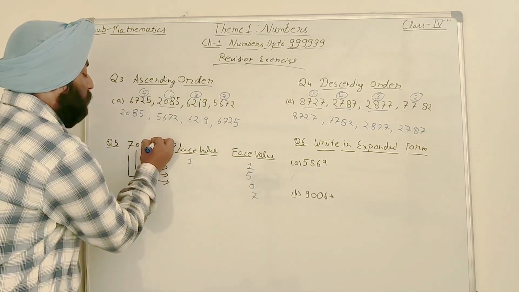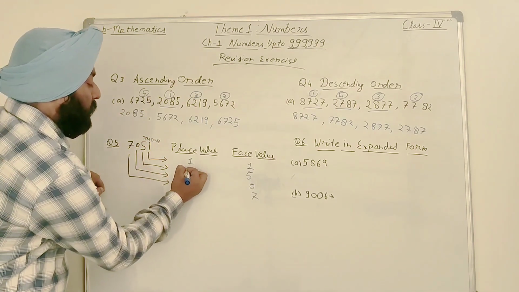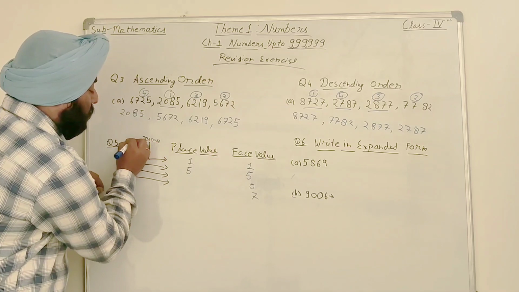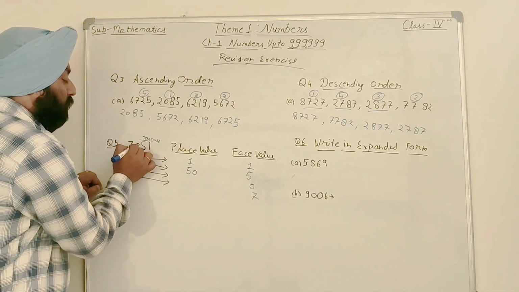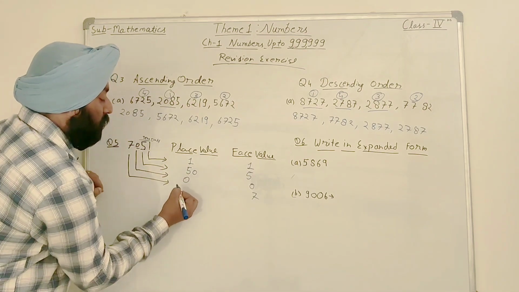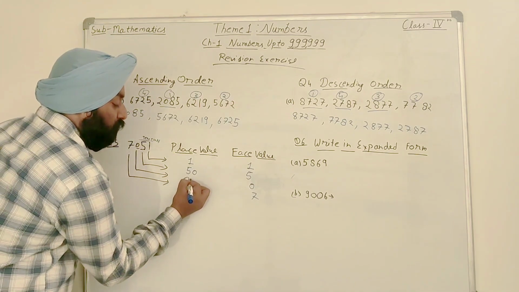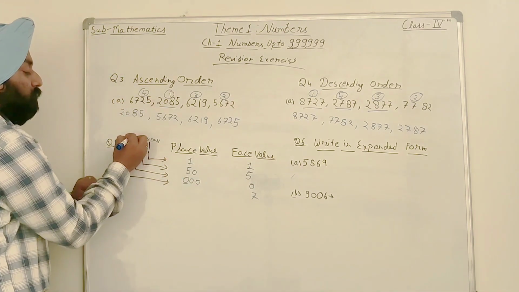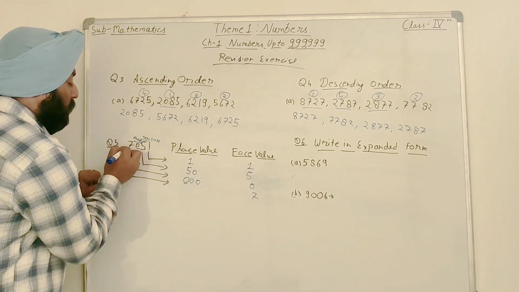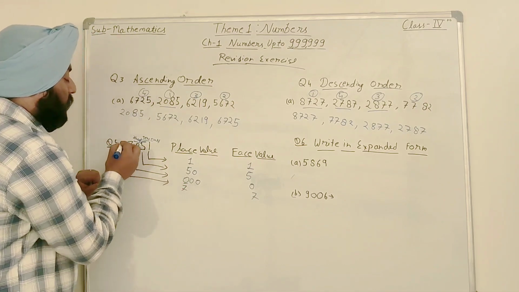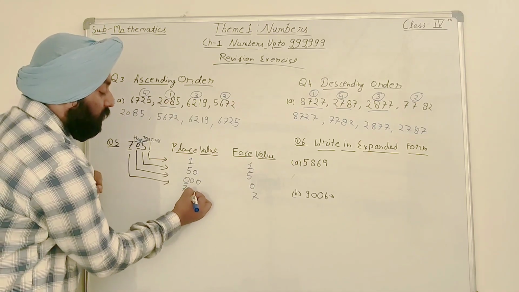Ones, then 5 is on the tens place, so 5 and a 0 for tens. Afterwards 0 comes on the hundreds place. The place value of 0 is 0, and we have to write down 2 more 0s as it comes on the hundreds place. Afterwards 7 is on the thousands place, we have to write down 7, and afterward 3 zeros for the thousand.